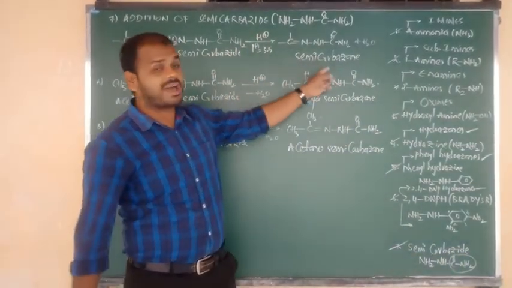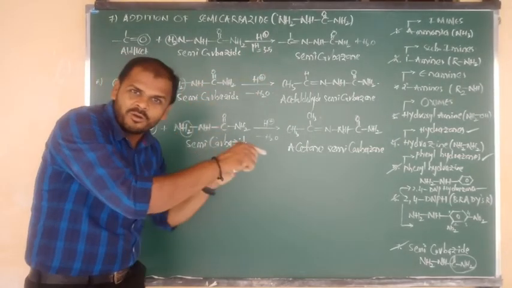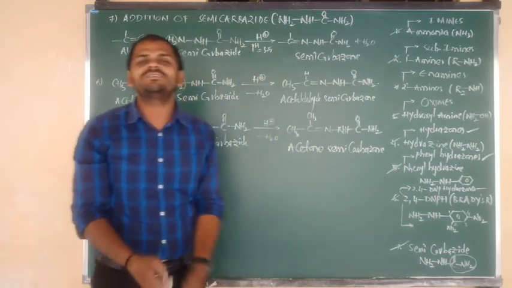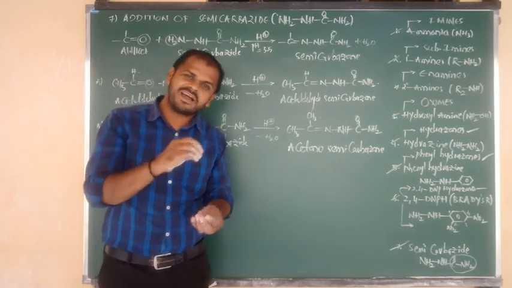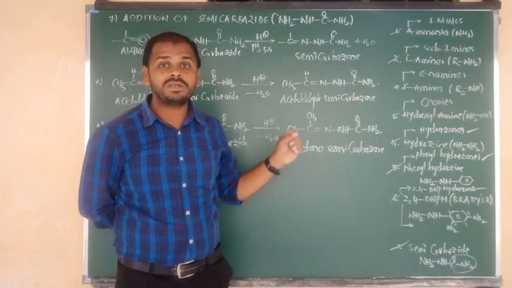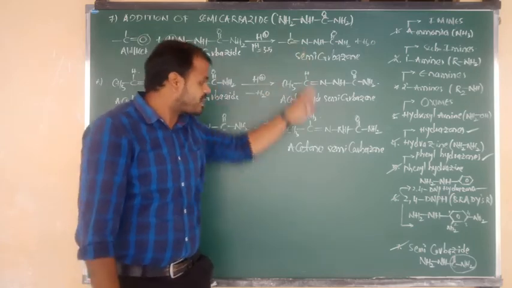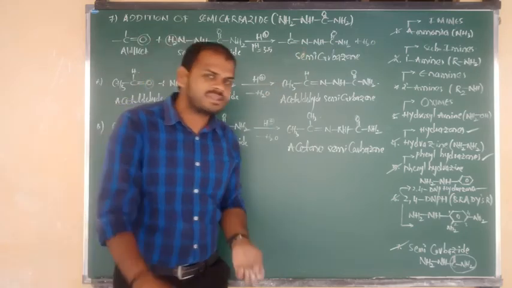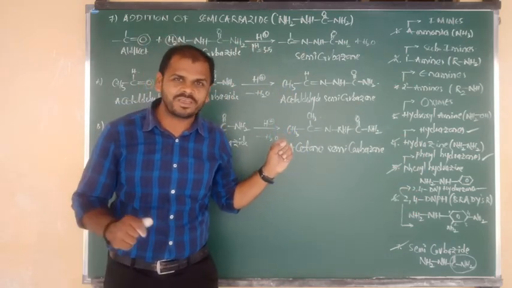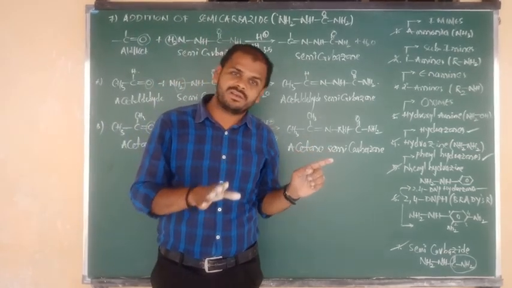It changes into semicarbazone. In all 7 reactions, addition of the reagent is there, followed by elimination of a water molecule. Means we have to say that all 7 reactions are called nucleophilic addition and elimination reactions. And in the elimination reaction here, elimination of a water molecule is taking place. Finally, we are getting only one major product, and such products are known as condensed products. Also, we have to say that these reactions are known as condensation reactions. Okay, beta? Yes, so this is the final story about the nucleophilic addition and elimination reactions.